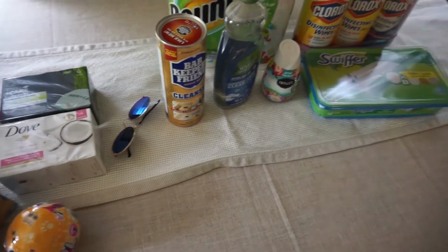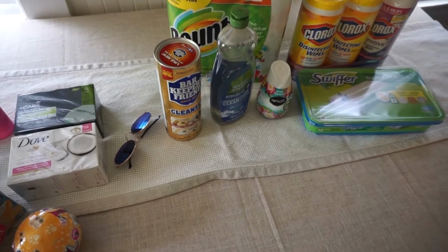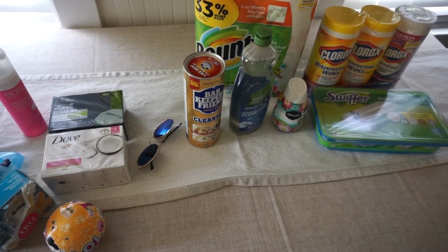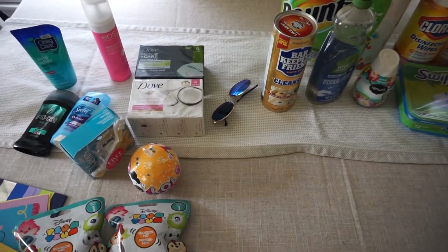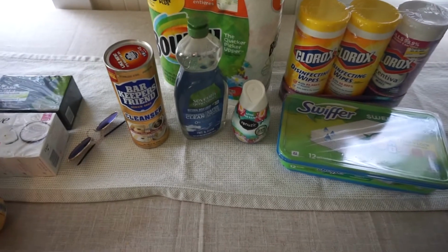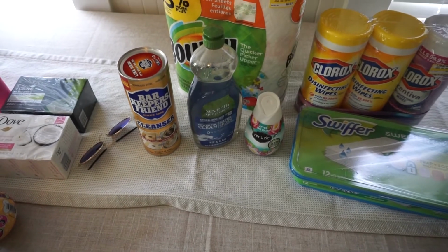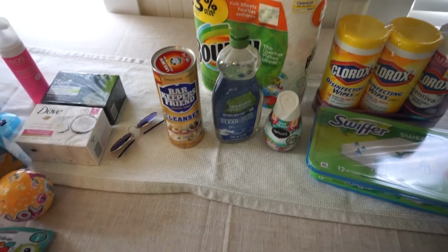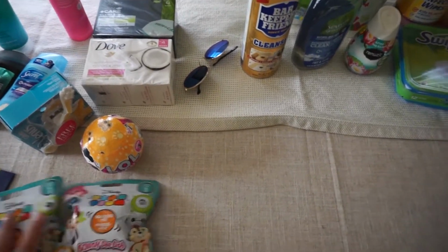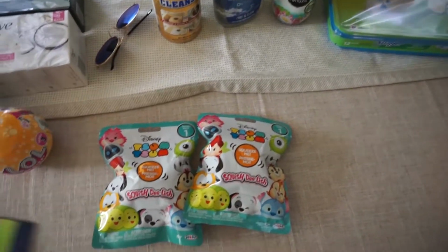So that is just a quick little Target run. We live very close to our Target, so I always just go in there and grab what I need, but kind of needed some other stuff. I did not get any of the Disney stuff today. Like I said, I did a pretty big haul when it first came out, but I had to kind of behave and hold back today. So I'm going to wrap up this gift